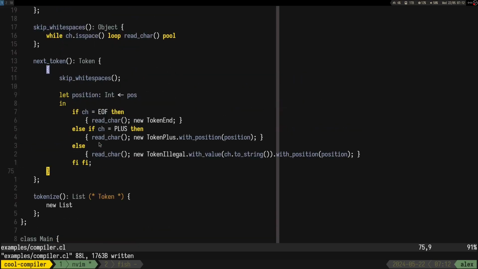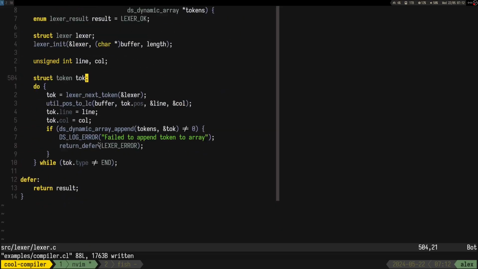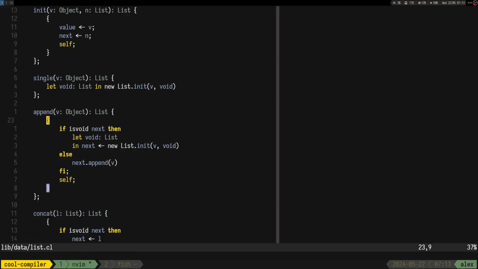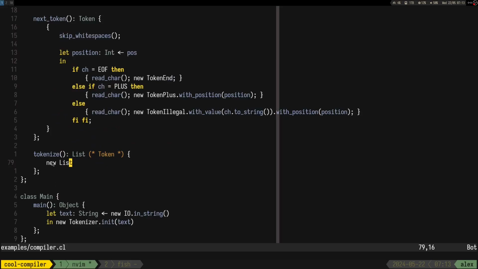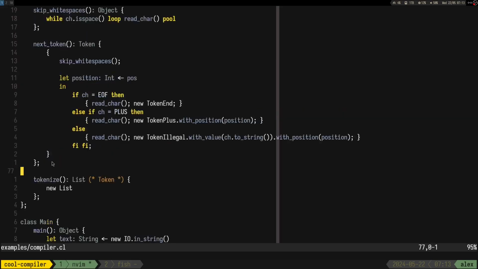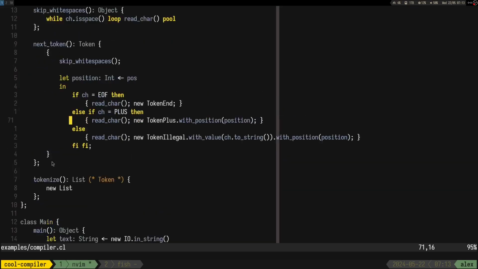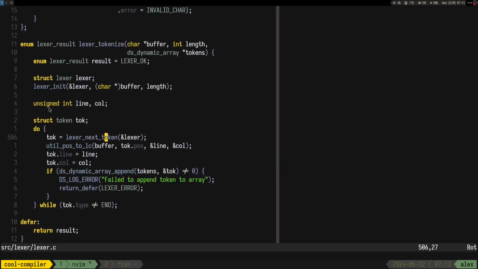So now I guess it's gonna be more interesting. But we can just, you know, use an append on it, so that's the way to do it. So as I said, I think we can take a look at this implementation.